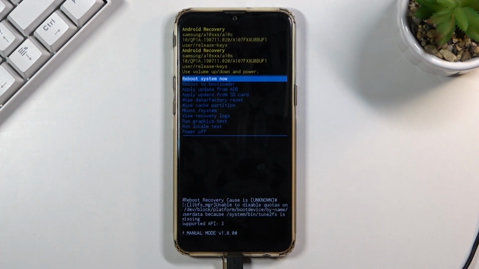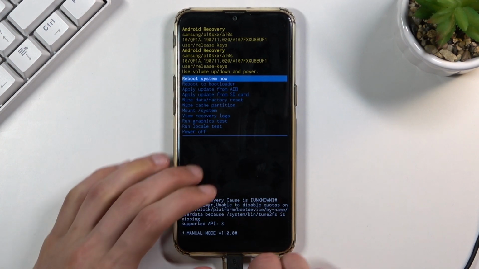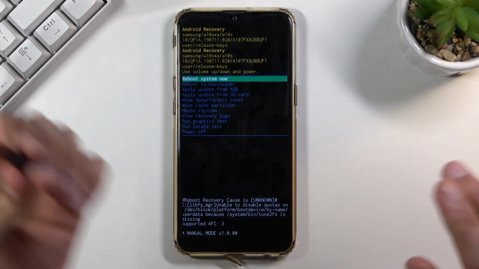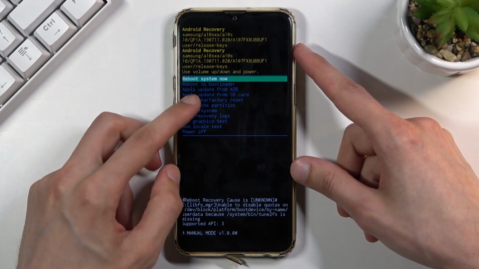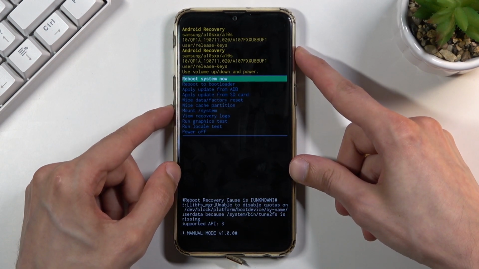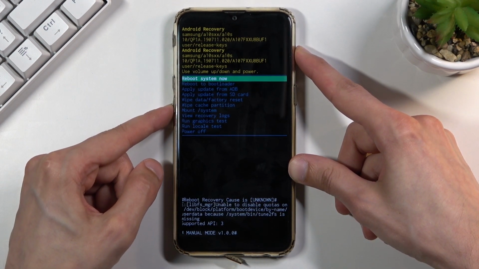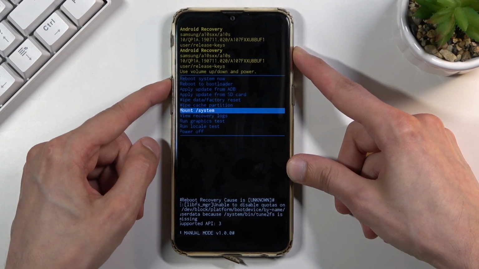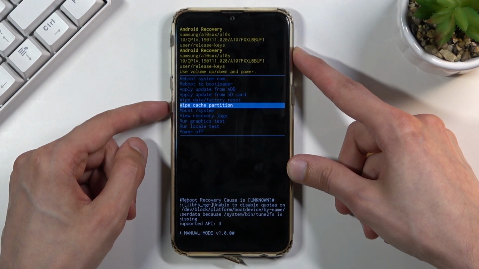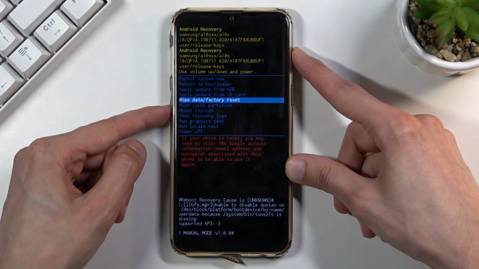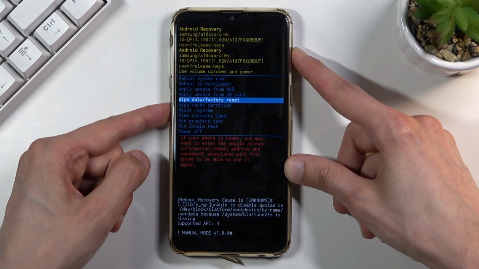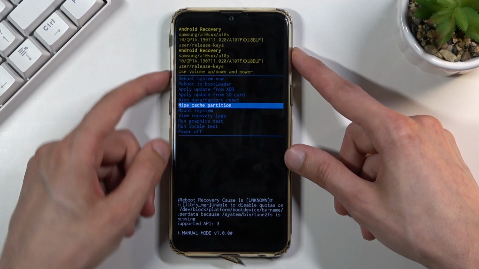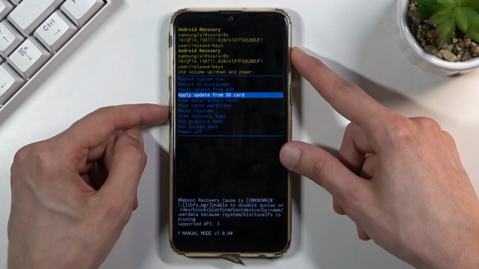And as you can see, we're now in the recovery mode, so we can also unplug it. We don't need the cable anymore. So in this mode you will need to use volume keys to navigate. As you can see, volume down should go down. Oh, there we go. I just caught a little lag. So volume, there we go. It's for some reason relatively slow in reacting, but you can navigate using your volume keys, and